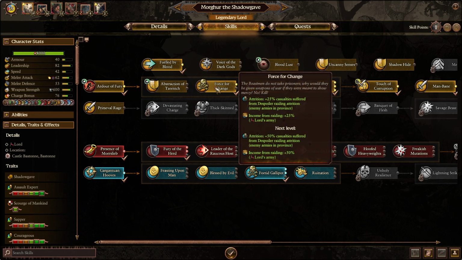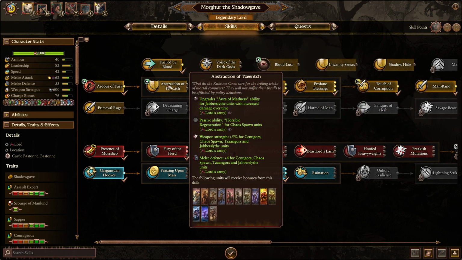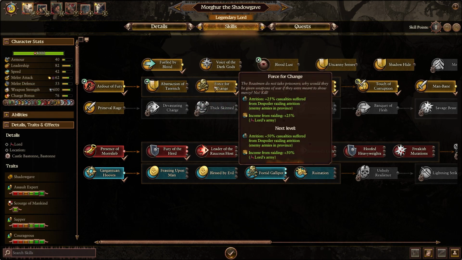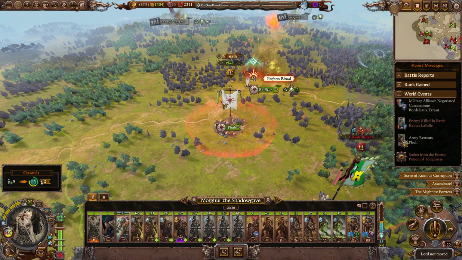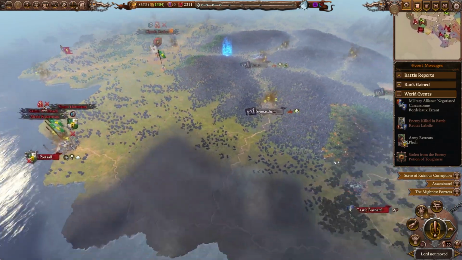You like 50% more income from raiding. What's Bloodlust going to do for us? Use just a little bit more damage. I think it may be the abstraction of Zinch, or just for let's grab the extra income from raiding. We're doing lots of raiding. And now with